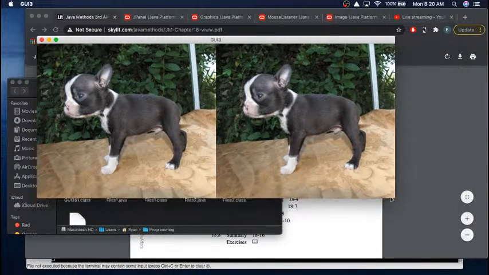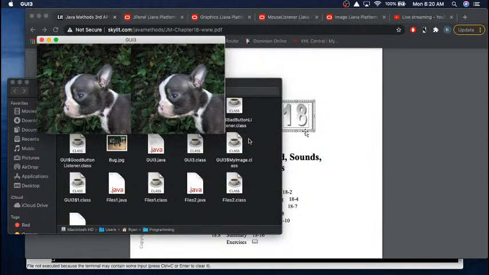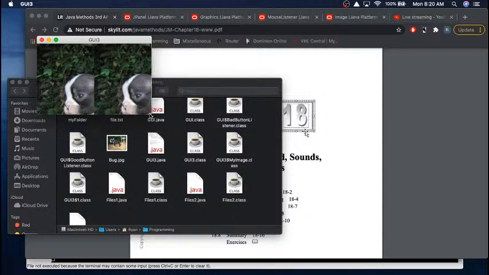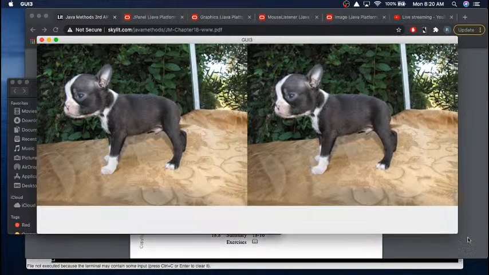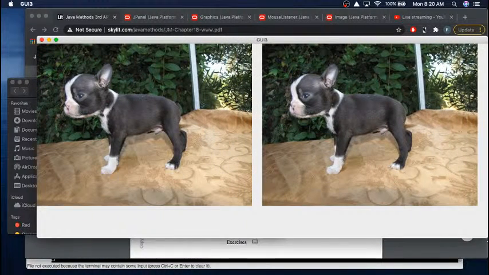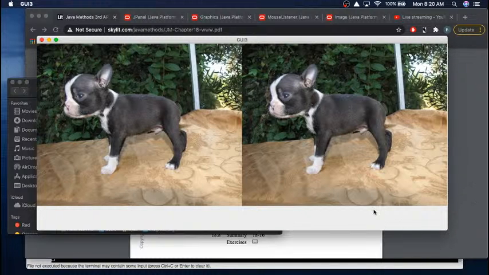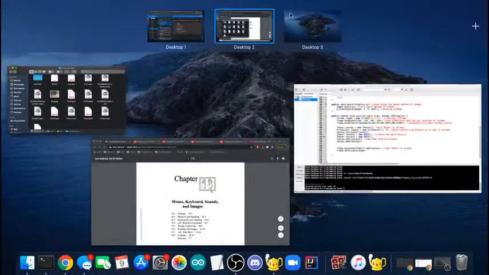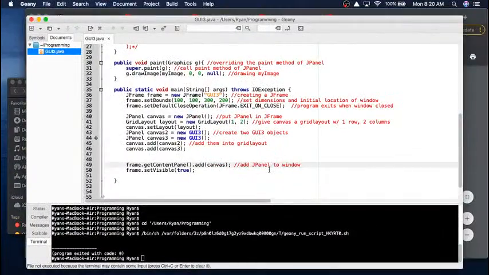Yeah, and so you can see I don't really have any control of the size of the image. So there's got to be a way to do that. I'm not sure what it is, but we're not going to worry about that right now because it's just a brief introduction. Okay, so I took 2 copies of that and I put them into the grid layout. If I close the window, the program's going to exit. All right, so that's the portion of this lesson for